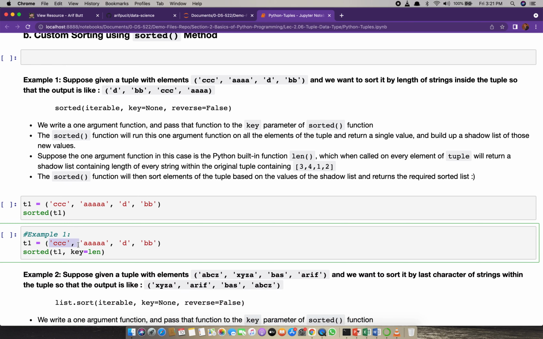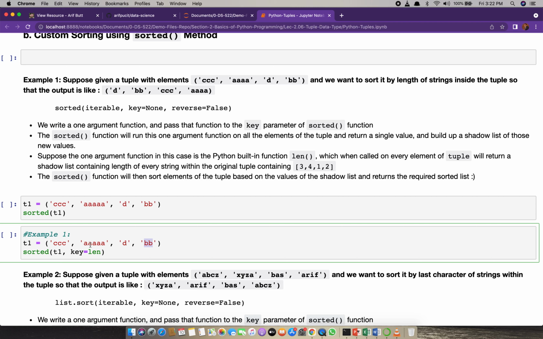all the elements of this tuple, before they get sorted, will be passed to this function len. This len function will be applied on all the elements of this tuple, and this will return, of course, the length. So we will have 3, 4, 1, 2, 3, 4, 5, 1 and 2.